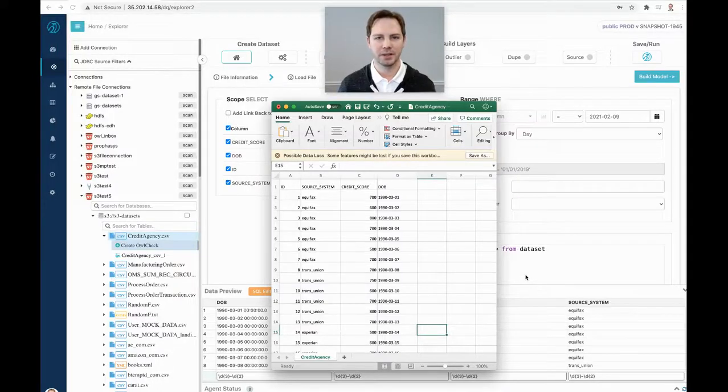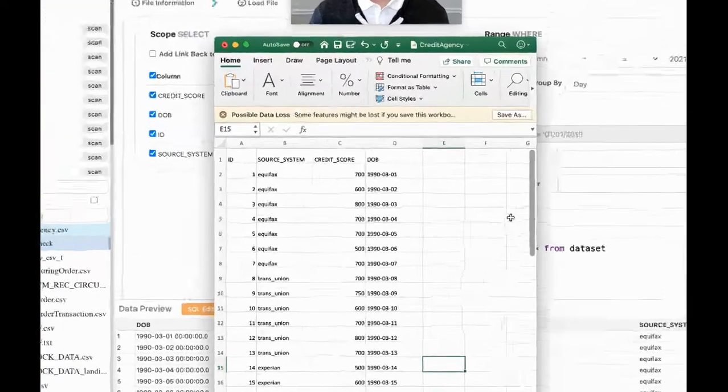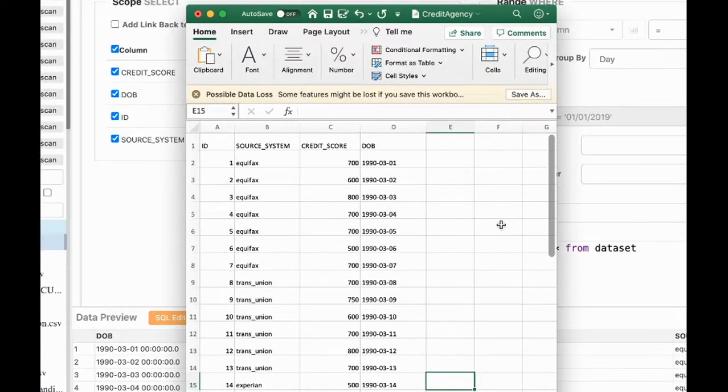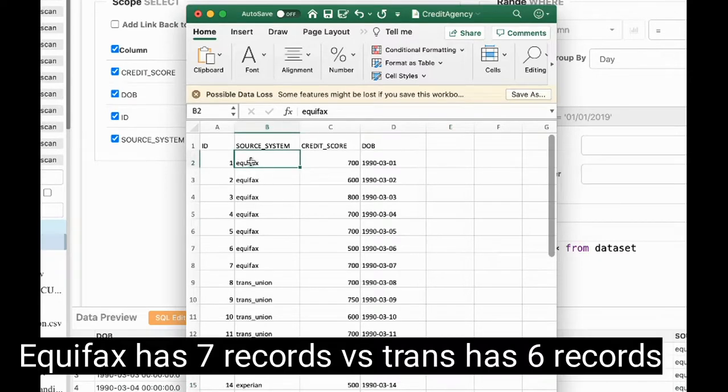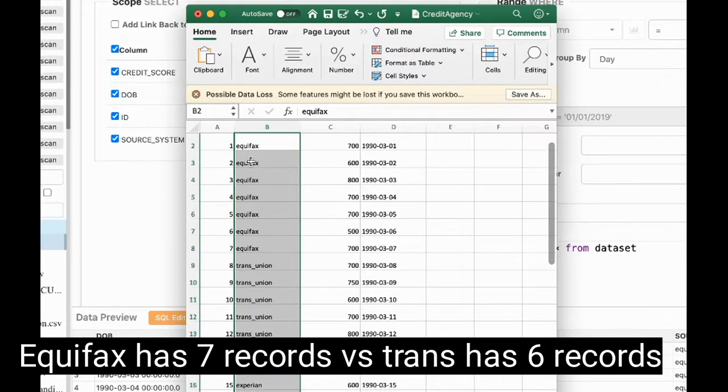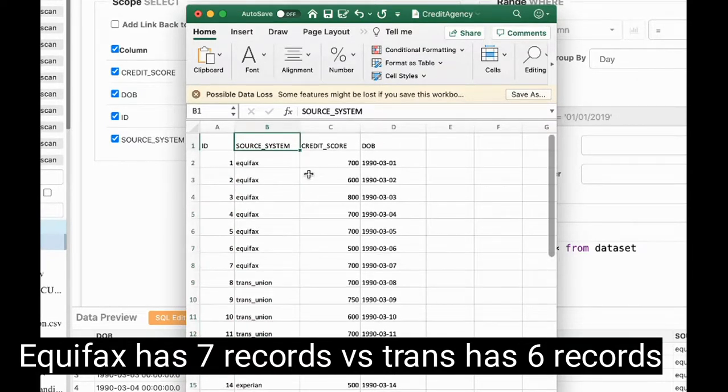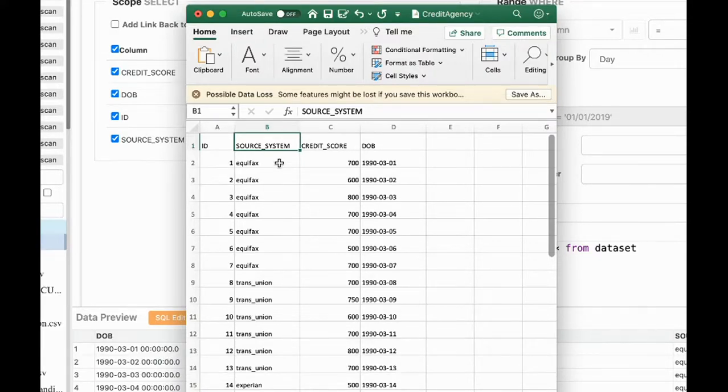There's a fairly common case in data quality where you get a feed from an upstream system in a file or into your database table, maybe per day, and there's a distribution inside of the file. So in this case, if it was credit agencies, we might get loan data from Equifax, TransUnion, and Experian, but we might get a different amount of data per each one. So sort of the volume from each of the sources in that column.